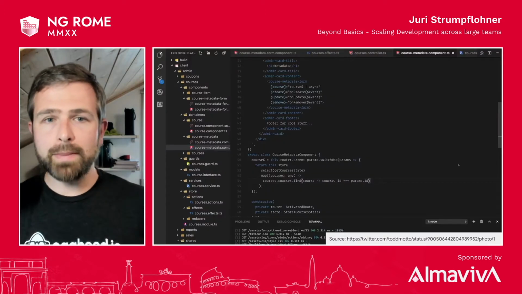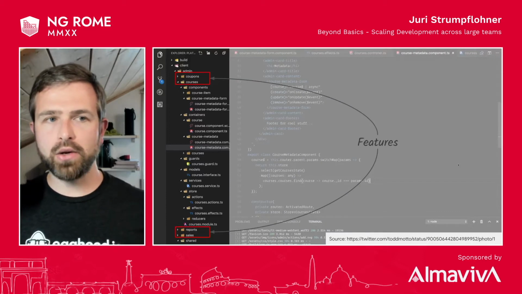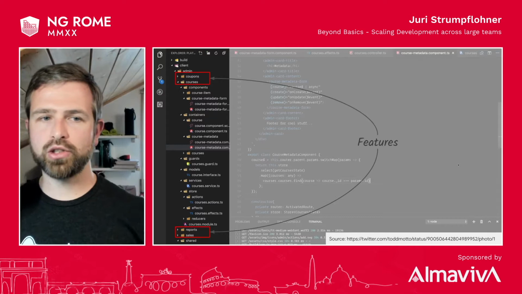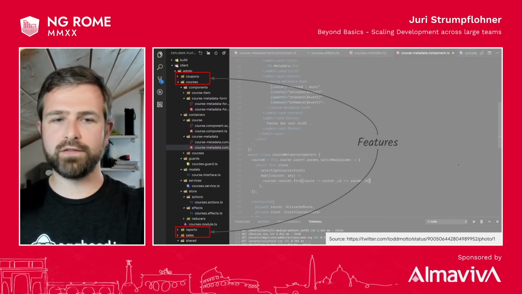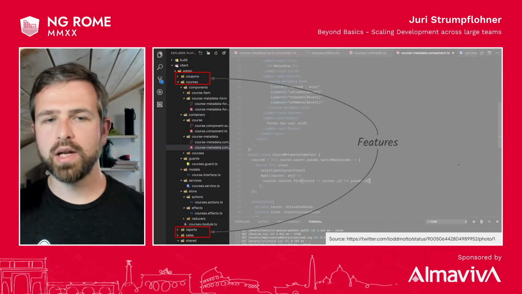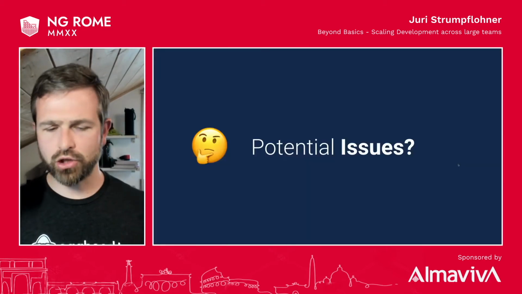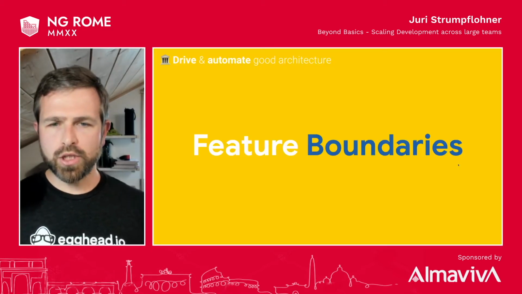So this, for instance, might be one of the examples which I've taken from Twitter. You can see here there's even a structure about admins, and maybe there's another section of the project. And then you have the coupons, the courses, which are all features, right? Reporting, sales, and so on. So if you have such a structure, what might be a potential issue? Let me talk about a couple of them.